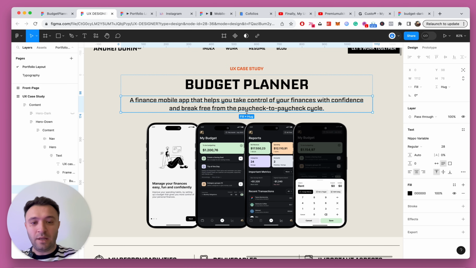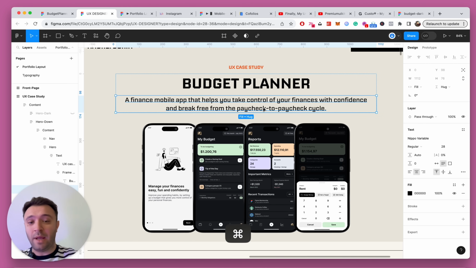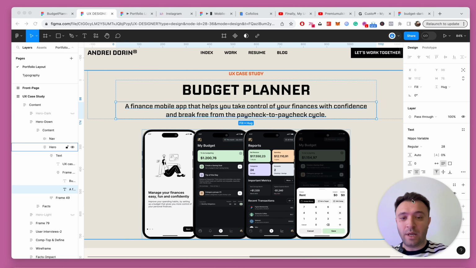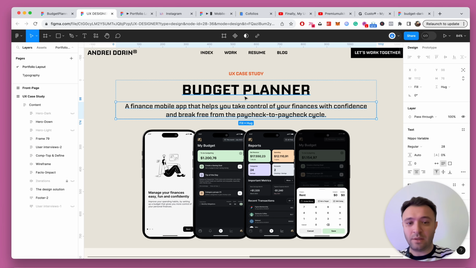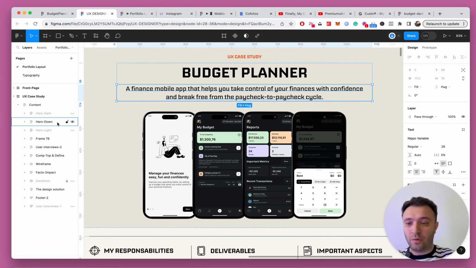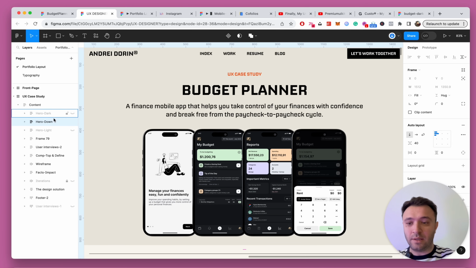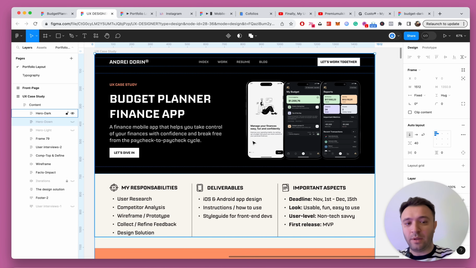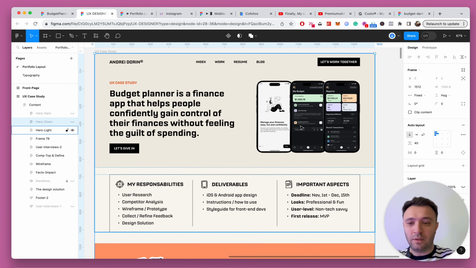And what I did here, you want to add a unique selling proposition, and that explains it very well. So take your time, ask ChatGPT to come up with a description that is very self-explanatory. You see here that I created some variations. This is a hero where the direction is down. I added a hero that is dark. You can come up with different variations, and you can come up with light on the horizontal direction,